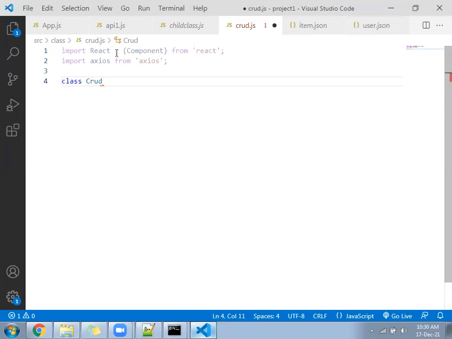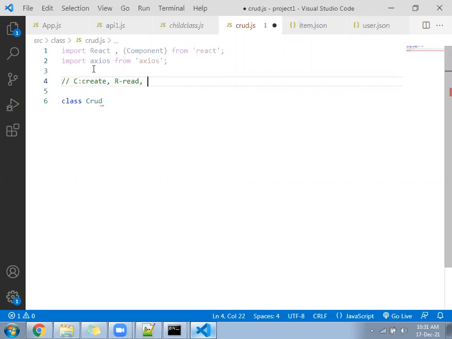Every interview, people will compulsorily ask you to do a CRUD operation. If you are able to do that, you are ready to work on a project. C for create: create means add, you should be able to add the data. R for read: you are able to fetch the data.